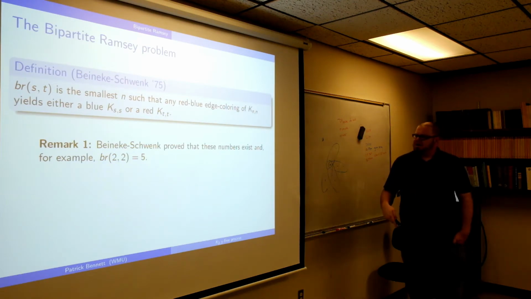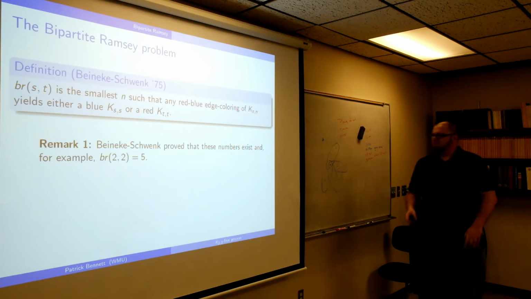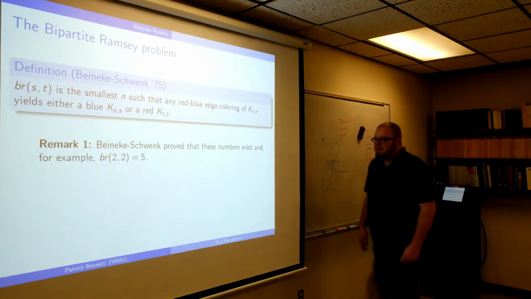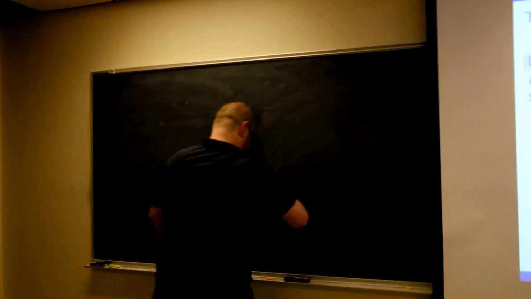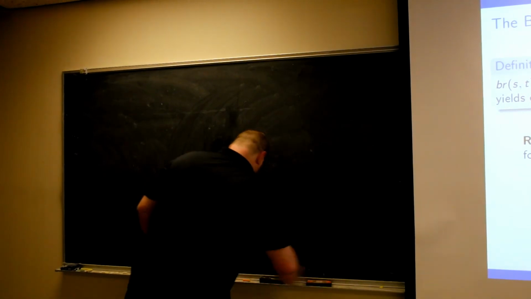So initially, Beineke and Schwenk proved these numbers exist, and they proved, for example, that B(2,2) equals 5. I like that one. I can show it to you real quick. They say every talk should have a proof and a joke. I don't know if I really have a joke, but